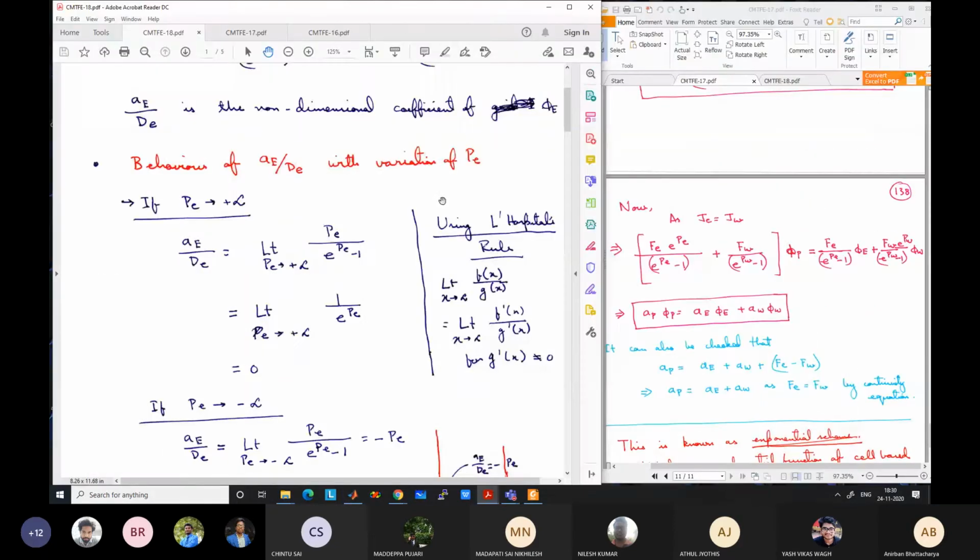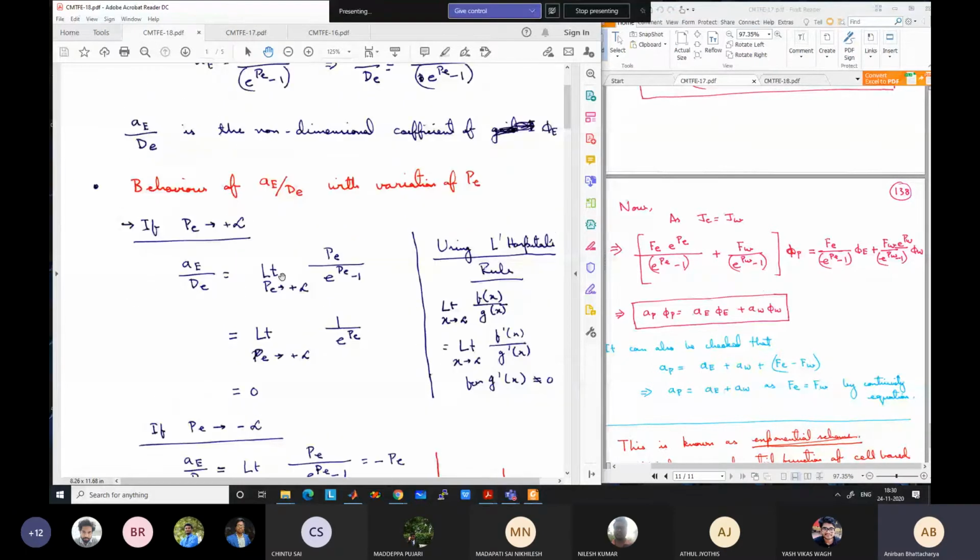One limit is that the Peclet number is very large. It means that there is a very large flow from the left to the right side. By the way, we have defined our axis: the positive x-axis goes towards the right side. So positive Peclet number means flow is from left to right, and it has a very large value, meaning large relative to D. In this case, we can find the value of A by D, or any expression like y is equal to x by e to the power x minus 1,